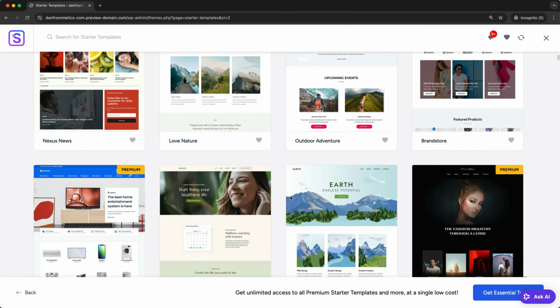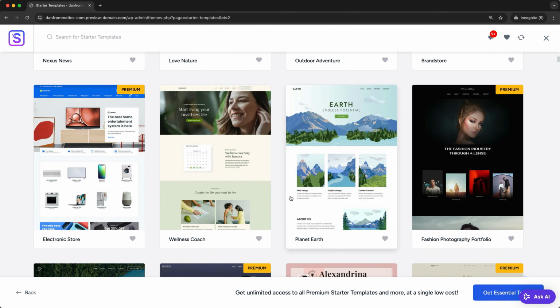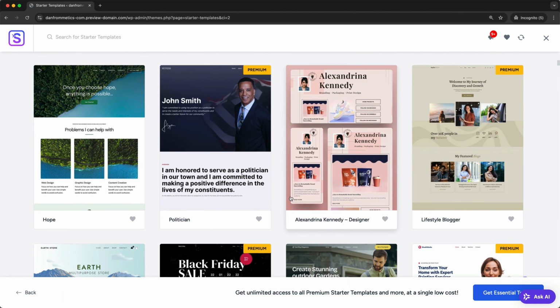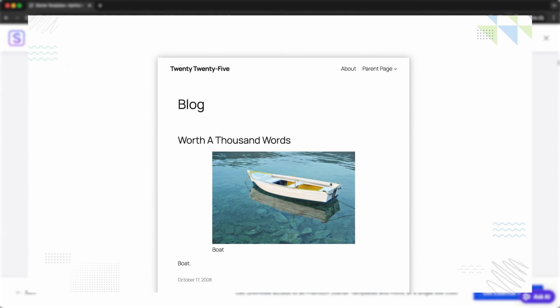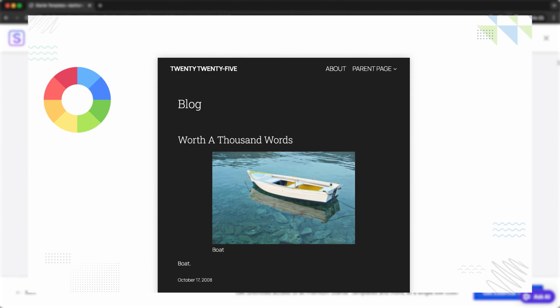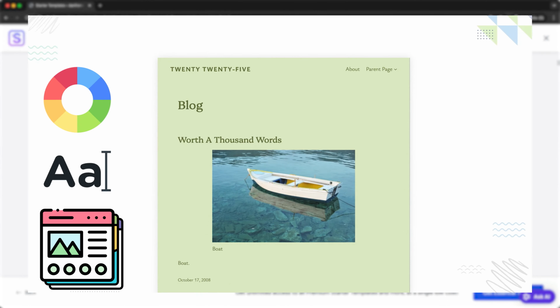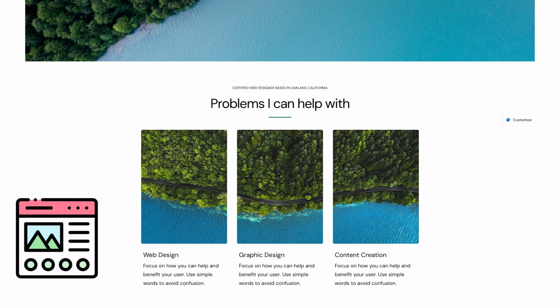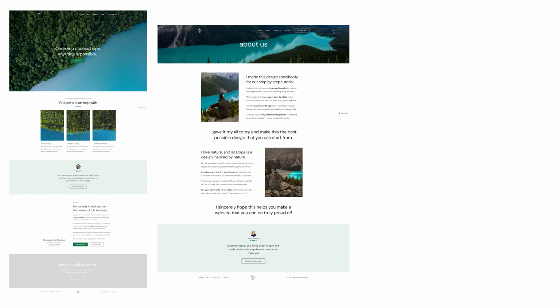Starting with a template will save us time, and your website will end up looking more professional than starting from scratch. But what's the difference between a theme and a template? Well, a theme controls the overall look of the entire website, including colors, fonts, and the layout for all pages. A template, however, only controls the layout of a specific page, such as the home page, about page, or the